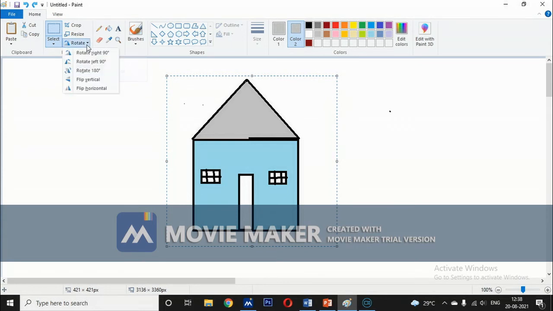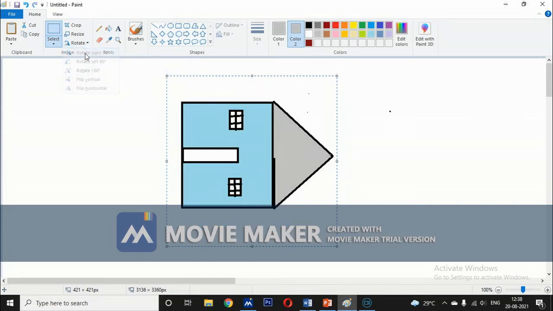Click the drop down arrow, and if you want to rotate right 90 degrees, click this option, so your drawing turns to the right by 90 degrees. The rotate tool is used to change the angle of the whole drawing or the selected part of a drawing.